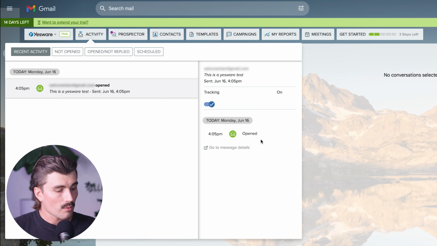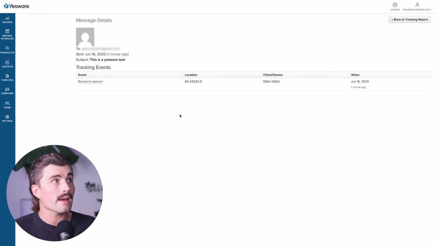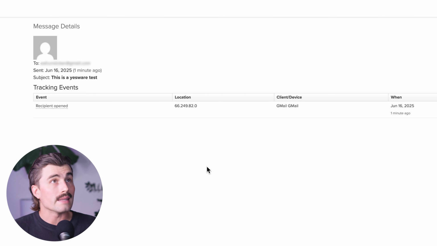We'll come here to activity. All right, so it looks like I got this email on my phone. I opened it up. And as we can see here in Yesware, it says that it went ahead and opened that up. Now we have some more message details. If I go ahead and click on that, it's gonna go ahead and open up Yesware and give us some